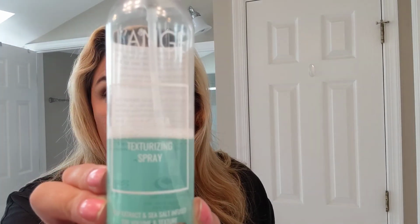But I do 450. Okay, so I prepped it with the Lang Rival heat shield. It's great. I use it all the time. It really protects my hair. I also put on the sea salt texture spray. This one's great because